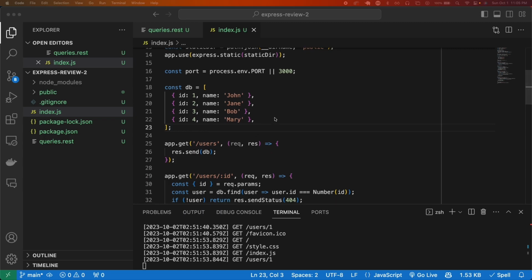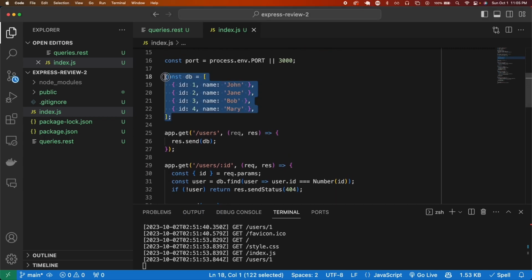Okay, now the first thing we need to update here is this in-memory database array. This is obviously not good, and what I want to replace this with is a model. You remember models from Unit 4 with your object-oriented programming. A model is basically an entity in your database in this context. It's just going to give you all of the properties and methods that you need access to in a single